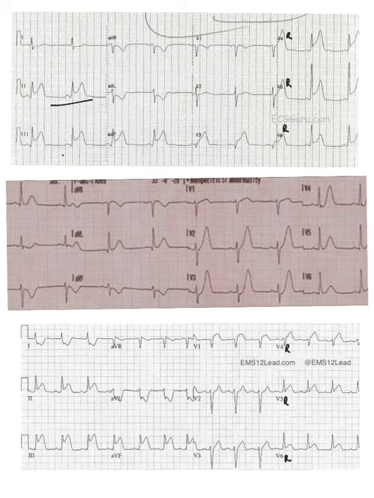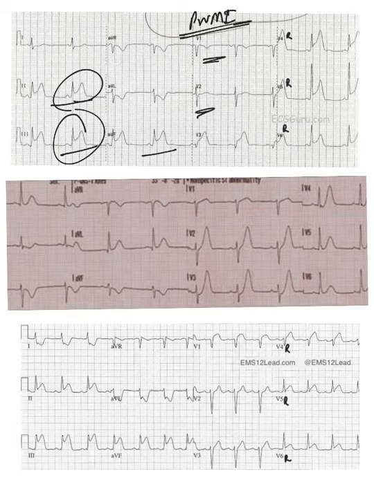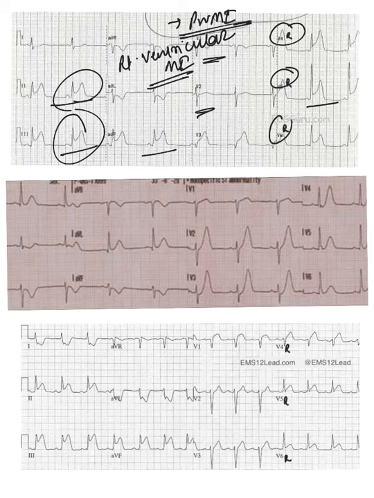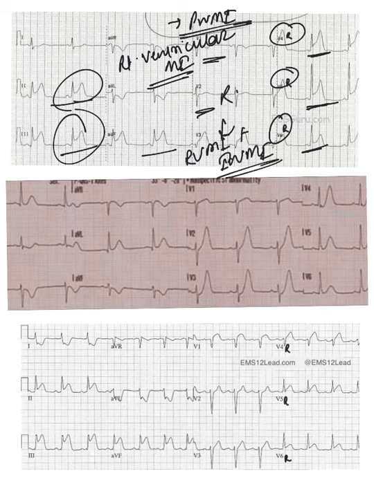Here again there is inferior wall MI. There is no ST depression, so posterior wall MI is not suspected here. But we have to rule out right ventricular wall MI, and here there are V4R, V5R and V6R which are showing ST elevation. So this is right ventricular wall MI plus inferior wall MI, and the culprit artery here is the RCA territory.